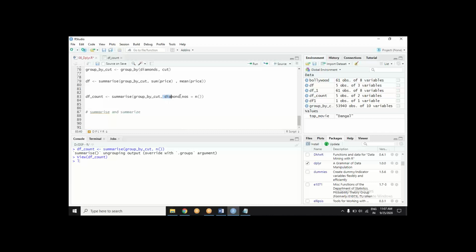Within the summarize function, I'm declaring the alias should be diamonds, and the value assigned to this alias is n bracket. There is the chat box.